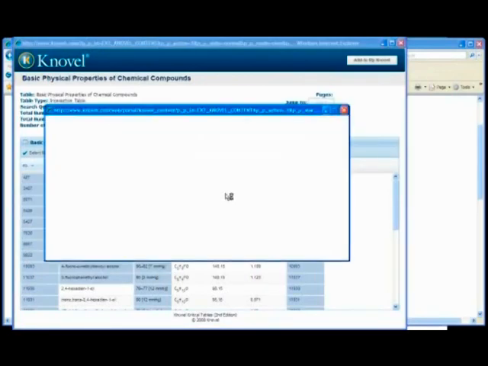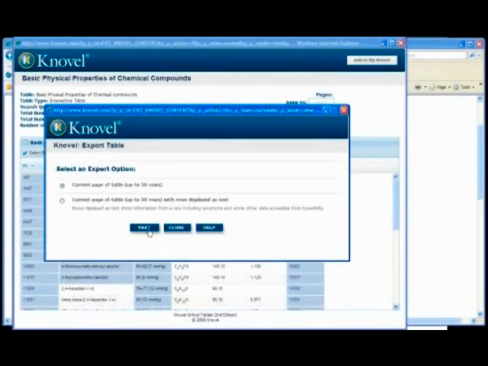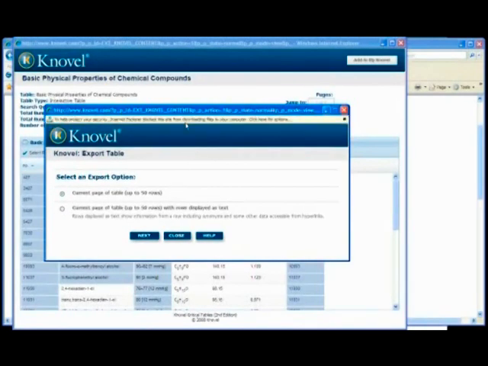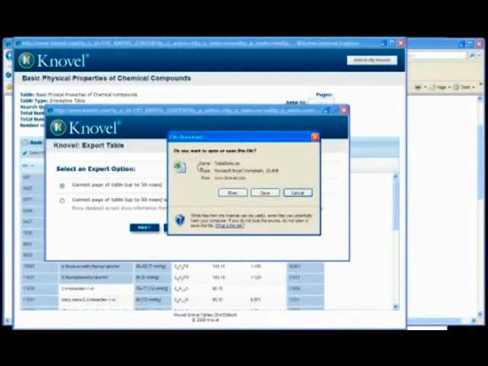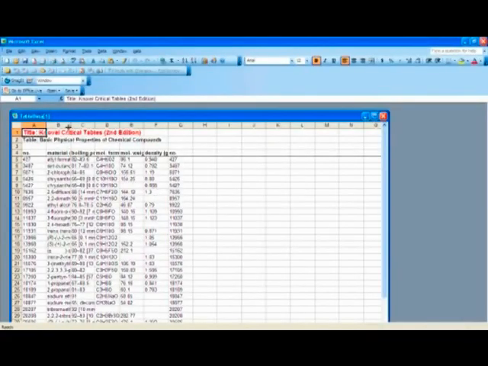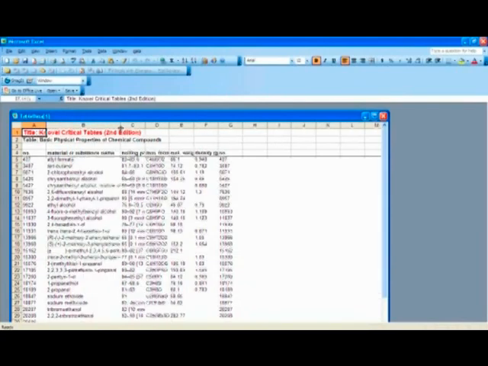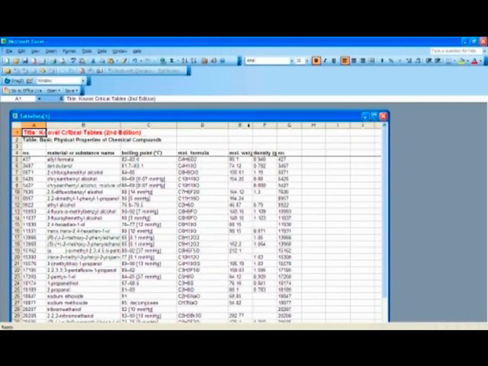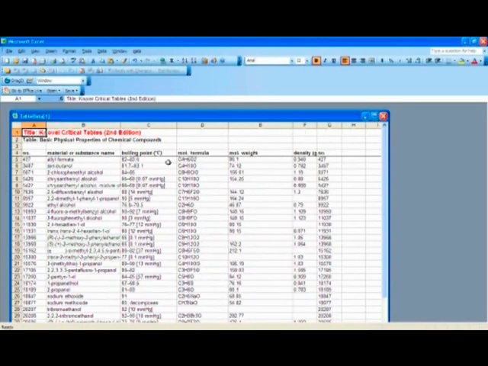So now I can go ahead and say I want to export this table. So I want to say I want to take the entire table, all 30 rows. I'm going to take it to Excel in this case. And when I say export, I actually happen to have pop-up blockers on, but I can say export that Excel spreadsheet, and you'll see, very quickly that I have a spreadsheet that I've created that I can distribute to everyone that's working on this project that has the material or substance name, the 30 different alcohols, the boiling point, the molecular formula, the weight, the density,